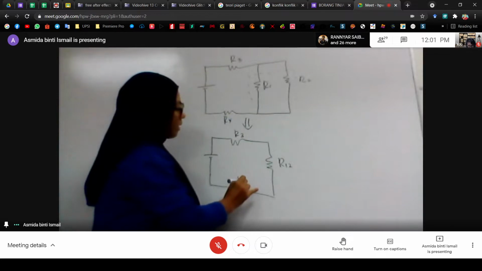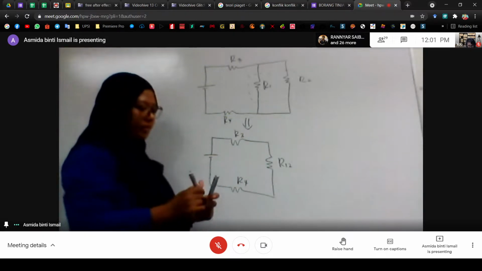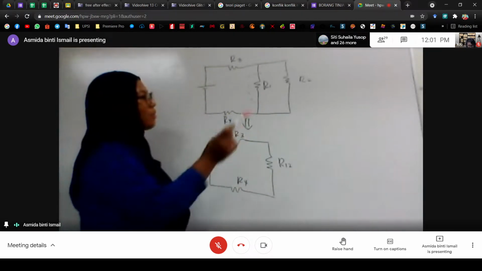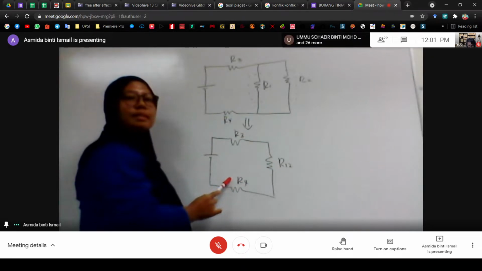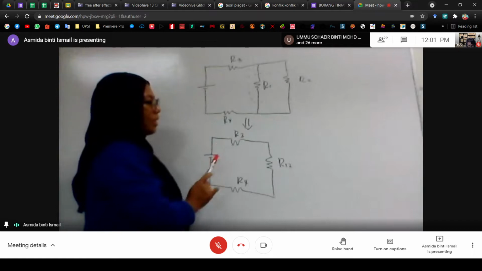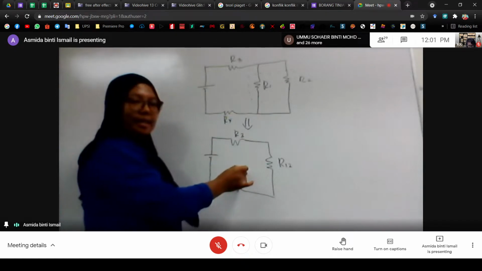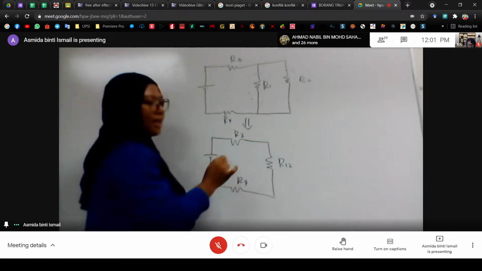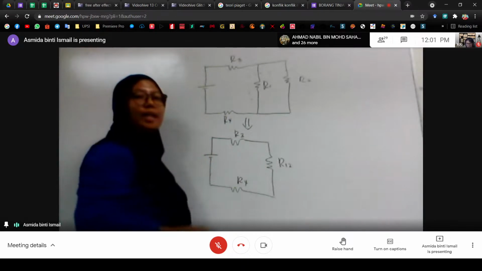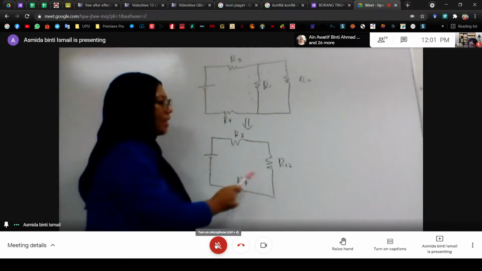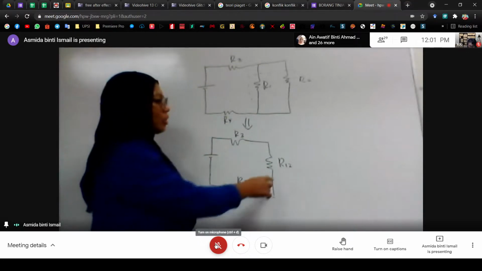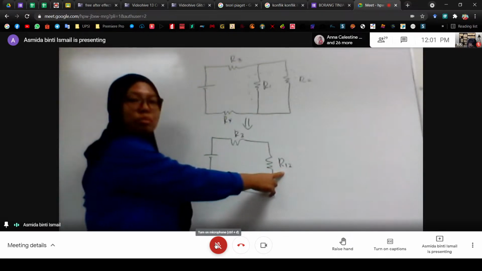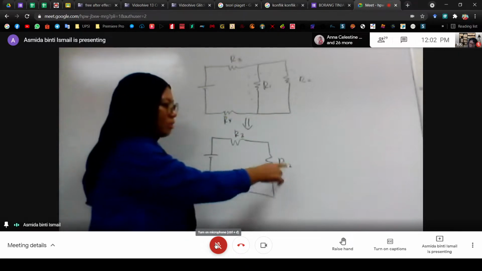This is R. So we transform this circuit into this. Okay? So, this circuit, nampak tak dia connect secara apa ni? Series. These three resistors are connected in series. Okay? So to get the value of R12, to get the value of R12,